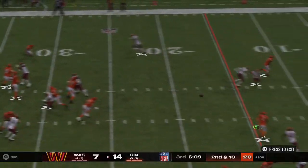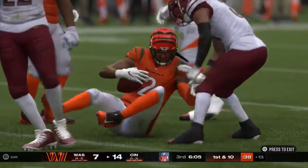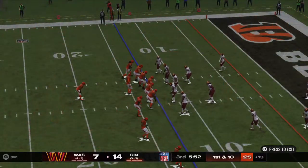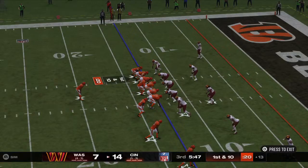Setting up a throw. Finds him over the middle. And he gets this down to the 13-yard line. Still on the move, coming to the line for 1st and 10. 1st and 10 at the